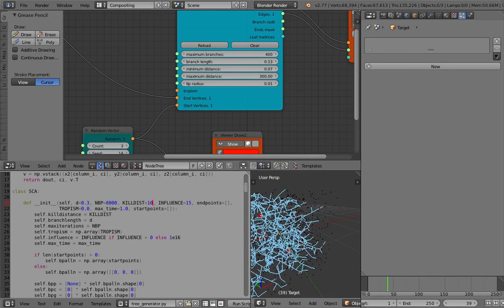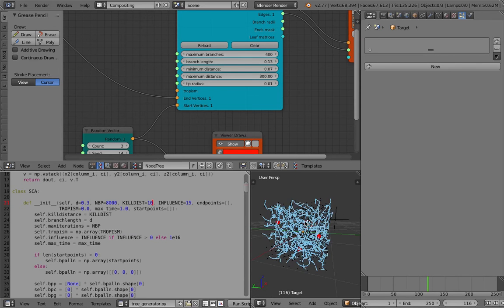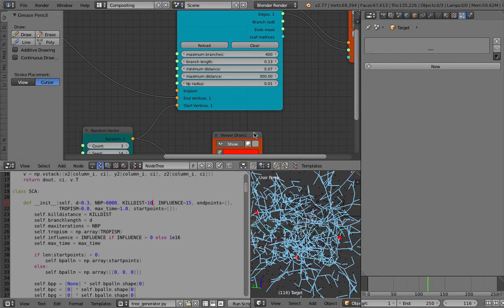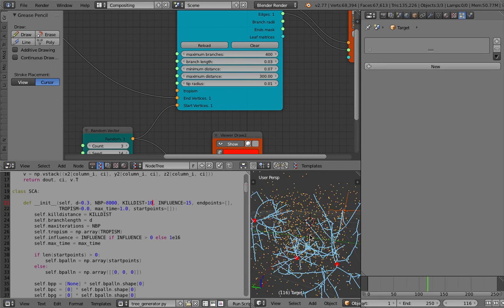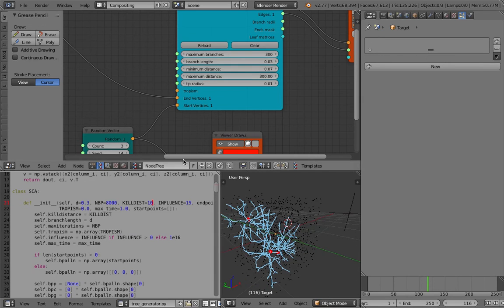Maybe it will generate more. Branch length maybe 0.03. Well, anyhow,